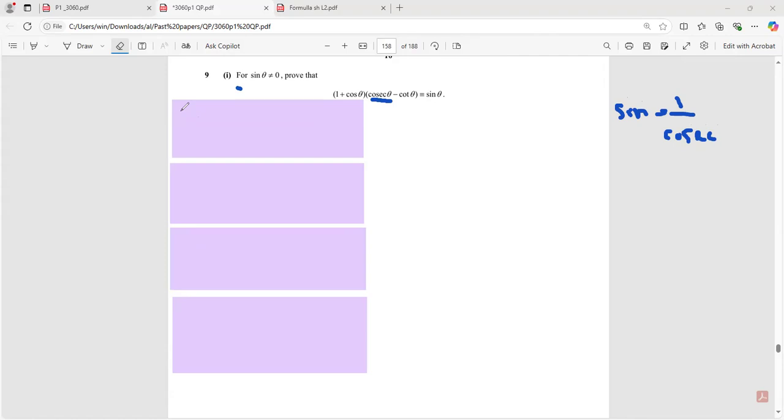So we're going to keep the first bracket as it is, 1 plus cosine, multiplied by cosecant, which I'm going to change because it's a flip, so it is 1 over sine,